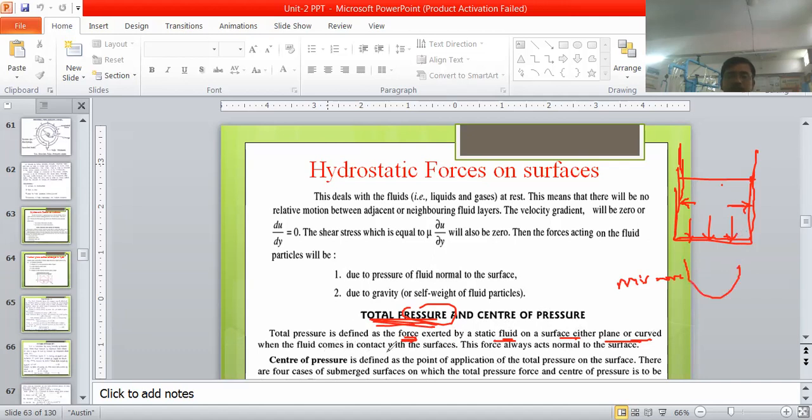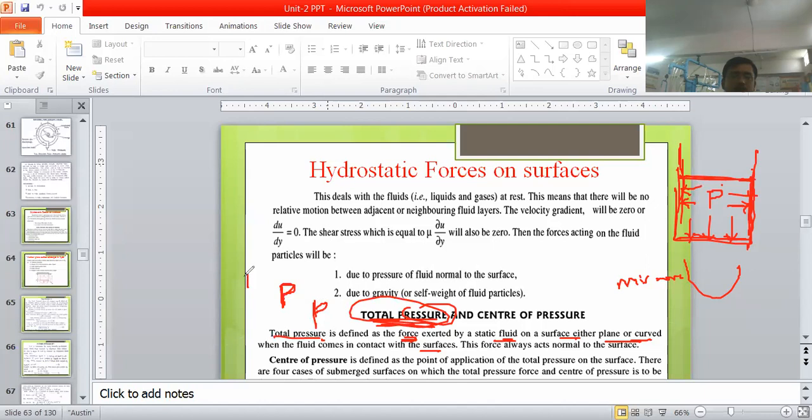Okay, when the fluid comes in contact with the surface, as much as there is a contact of the fluid, on that entire surface this fluid pressure is going to act, and this fluid pressure is called the total pressure. Generally, it is denoted by capital P. Okay, so this total pressure is denoted by capital P. Pressure intensity will be denoted by small p, and that pressure force, or the total pressure, which is actually a force, is denoted by letter capital P.